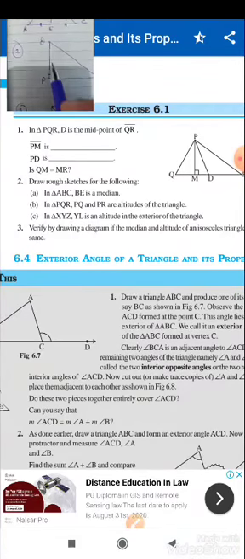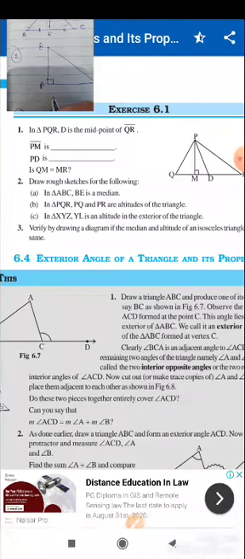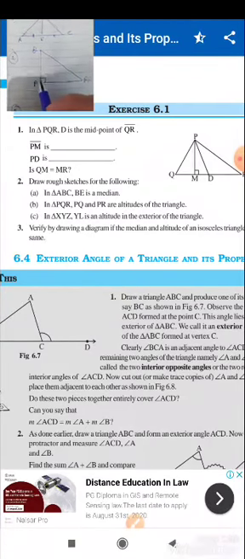Our next rough sketch is, in triangle PQR, PQ and PR are the altitudes of the triangle. This is possible only in the case of a right angle triangle in which two of its sides are perpendicular to each other. So in this right angle triangle, PQ and PR are the altitudes of this triangle. Now move to our third rough sketch.